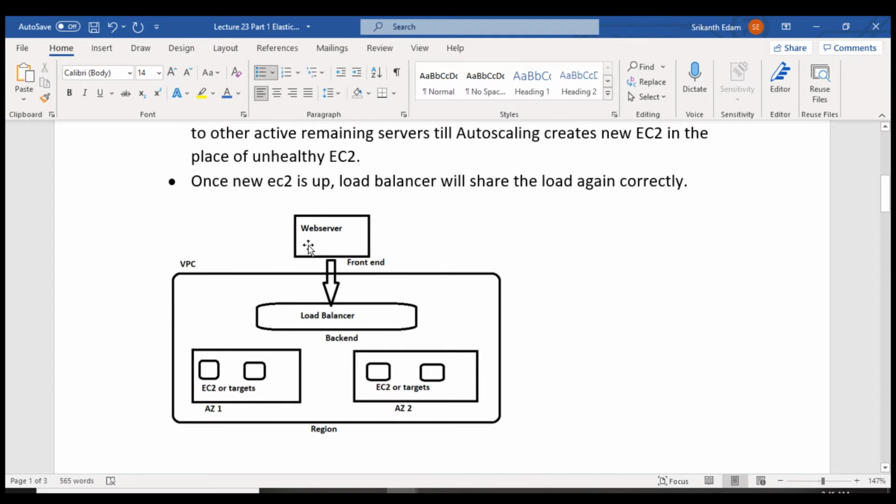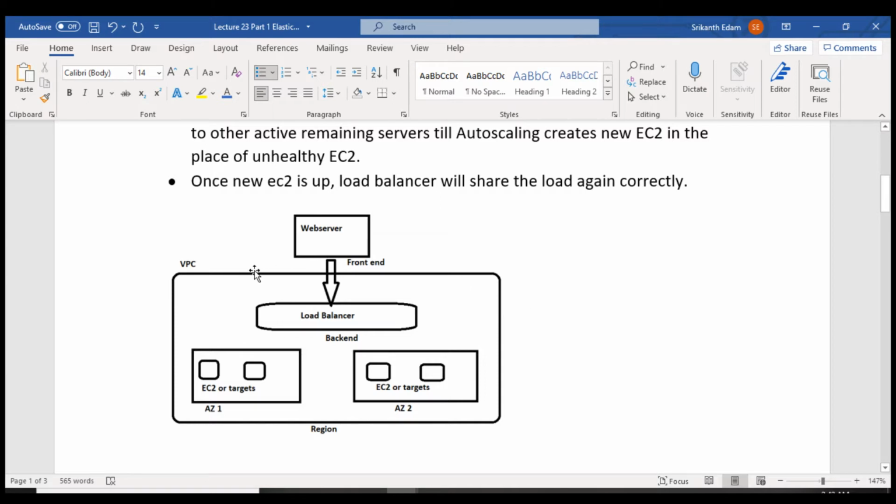For example, your load balancer is sharing the load with all the EC2 instances which are present in my availability zone. Here, if any one of the EC2 instances is not working, it has crashed, the load balancer will share the load with the other EC2 instances which are in healthy status.